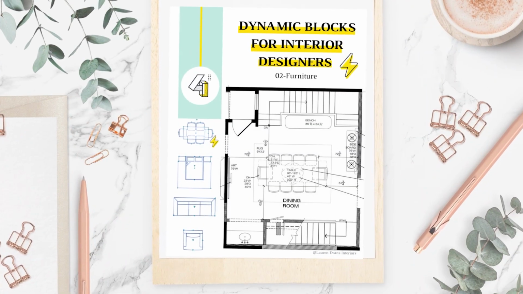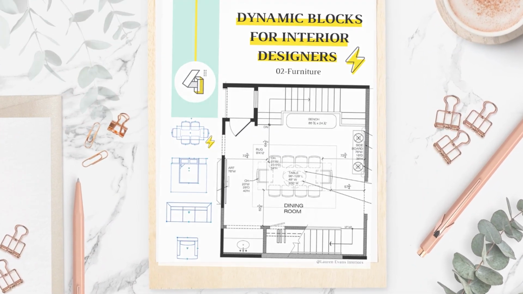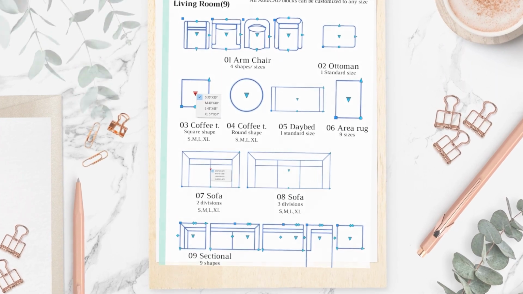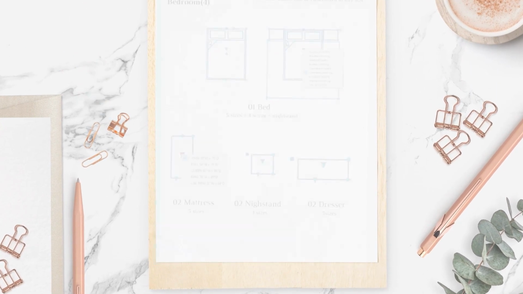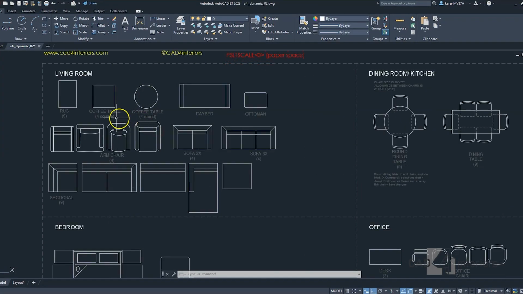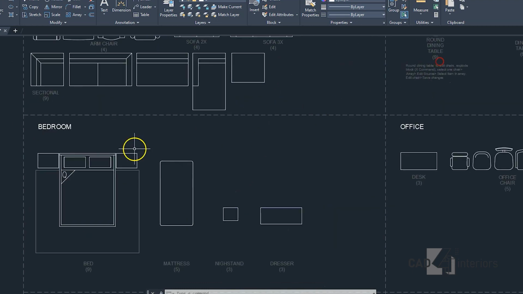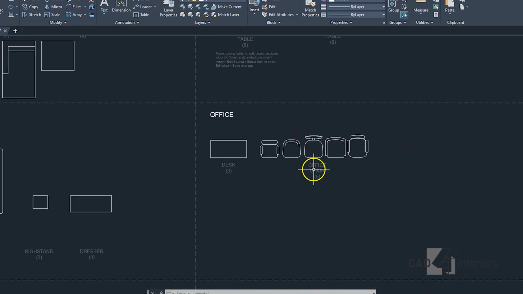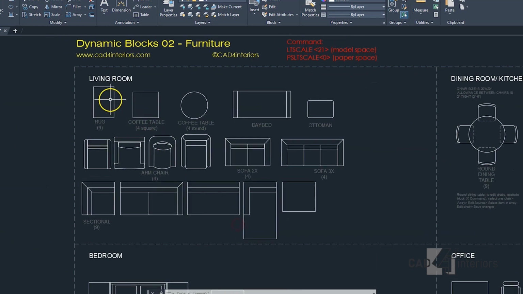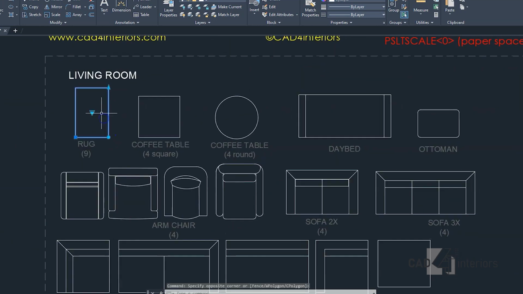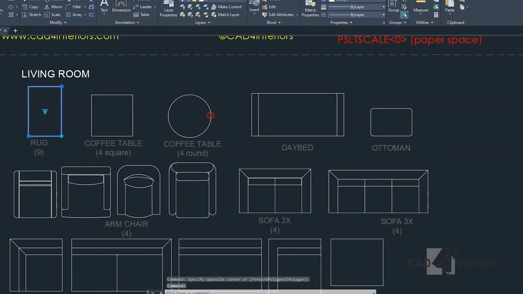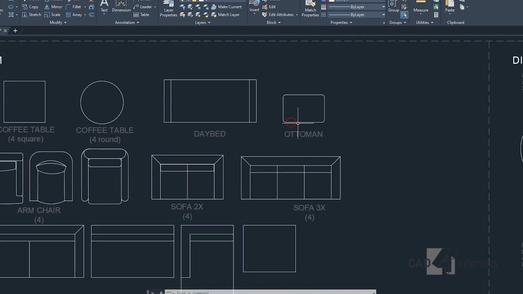Our dynamic CAD blocks library for interior designers includes 18 custom furniture blocks in standard sizes that you will find at any trade shop. So here is what the library includes. We have furniture blocks for living rooms, the dining room, kitchens, bedrooms, and office. So for the living room we have the area rug in 9 different custom sizes. We have coffee table in square and round, daybed, ottoman,